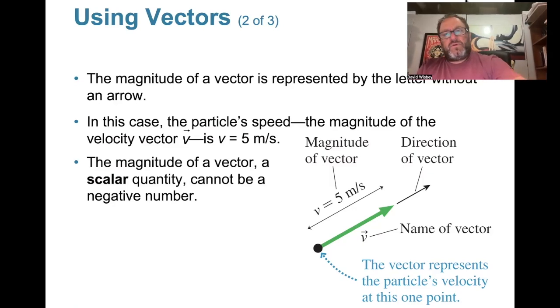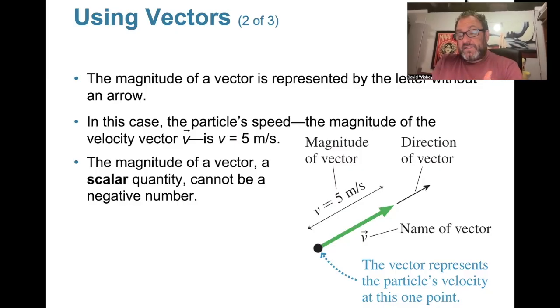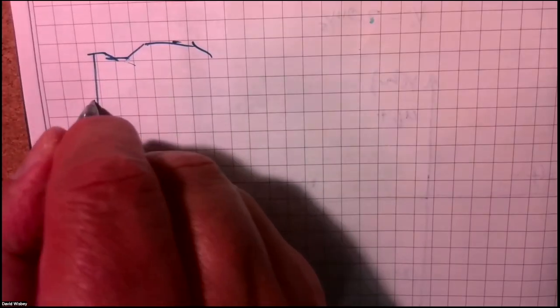Okay. So if, for example, you are slowing down in your car, you step on the brakes, your velocity is going to be in the opposite direction as your acceleration because you're stepping on the brakes. If your acceleration was in the same direction as your velocity, you're going to be speeding up. So that'd be like you're stepping on the gas pedal. We don't want to do that. So let me draw a picture here. All right, so here's my car.